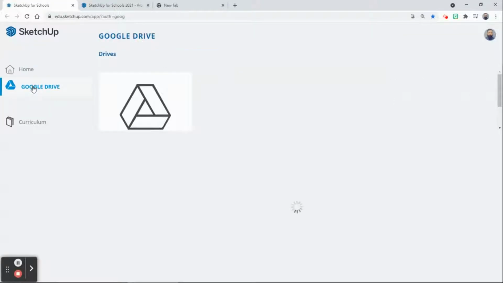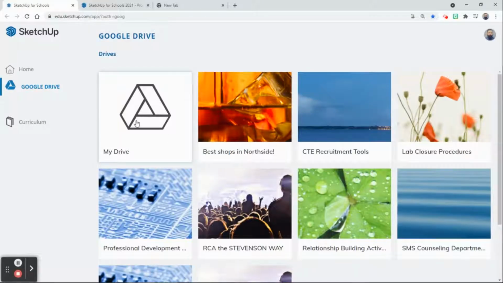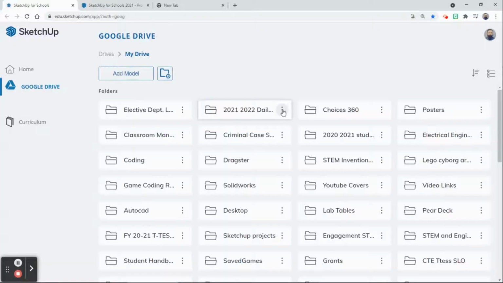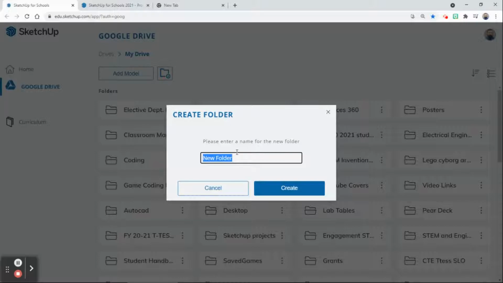So you're going to click on the Google Drive. You're going to select your drive. And then when that drive selects, we're going to be creating a folder. So every time that we save something as we're drawing, it's going to be saving directly to that folder. So when you open up Google Drive, you're going to see right here where it says add a folder. We're going to create a folder name. We're going to name it SketchUp